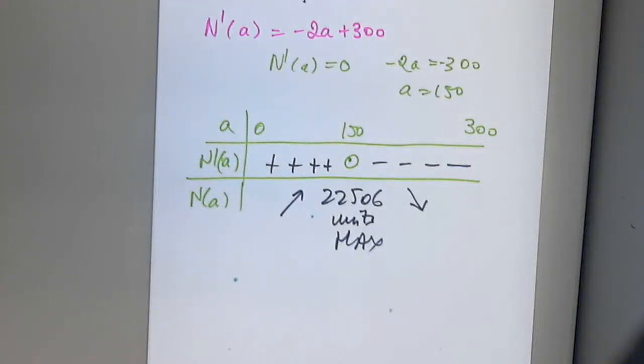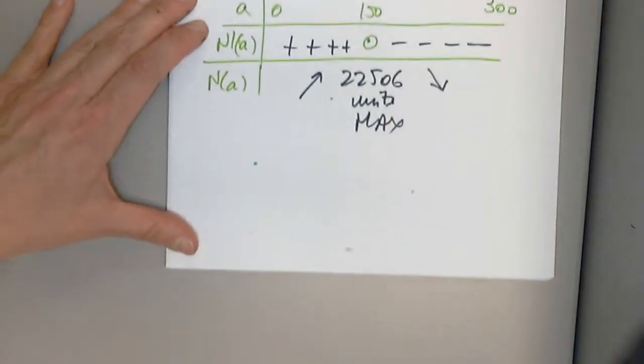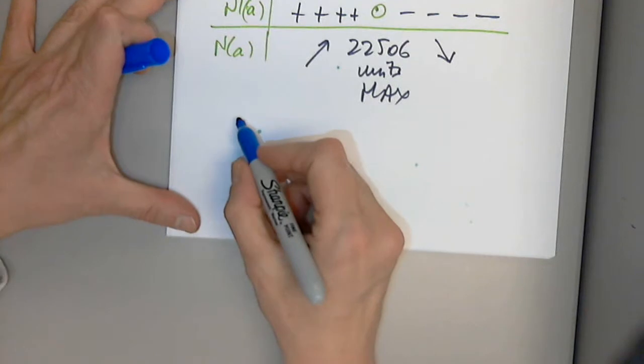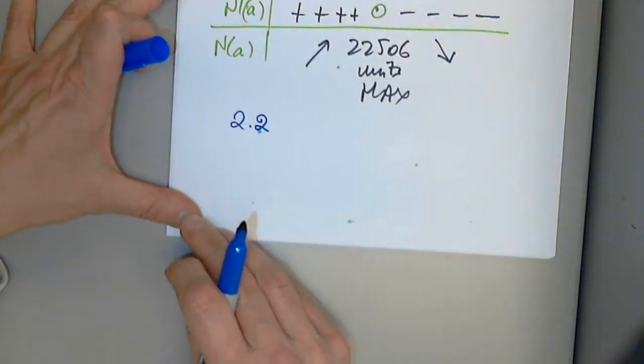Look at a function. Let's say on page 218, let's say problem 24. So the next section, which is 2.2,